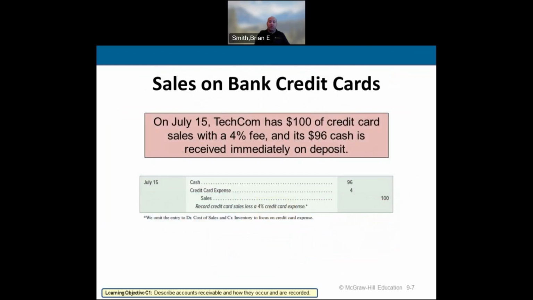We also can do sales using credit cards, and what this does is allow us to make sales without having to evaluate somebody's creditworthiness. So in this situation, we make a sale. When we make $100 in sales, we're saying we only really made 96 because of that $4, or 4%, fee for using credit cards. But you have to really evaluate whether using credit cards is important enough and cost efficient enough for us because of this 4% fee.